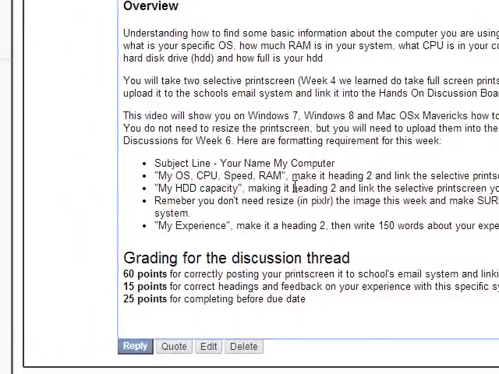So what we're really talking about here is that you're going to take a selective print screen of just the windows showing these pieces of information. Then you'll not have to resize them like we did with the print screen, but you will just upload them